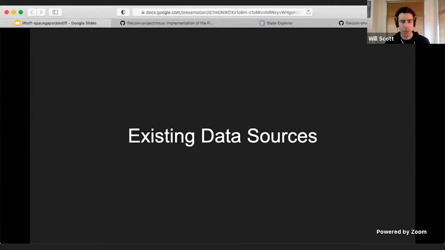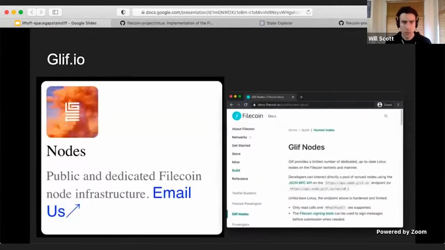So what's out there already? The first thing I want to point you to is Glyph. Glyph runs a set of nodes that provide a node API. And this gives you actually a lot of different views. This is a tool that is used by Nicola for SpaceGap. And it basically provides a set of public infrastructure access to the JSON RPC that lets you get access to state,